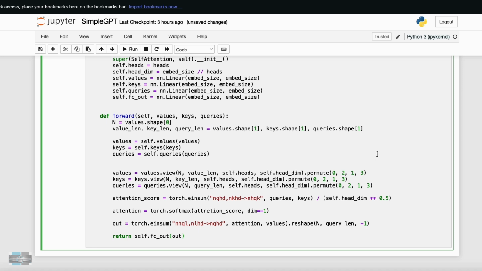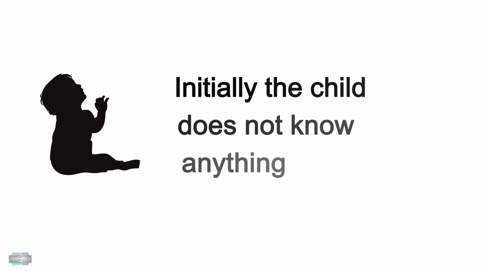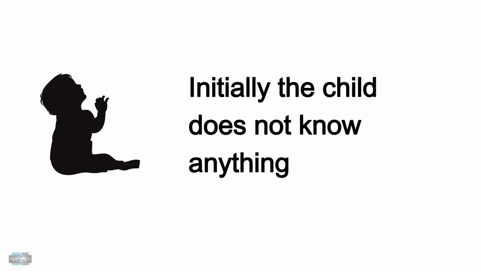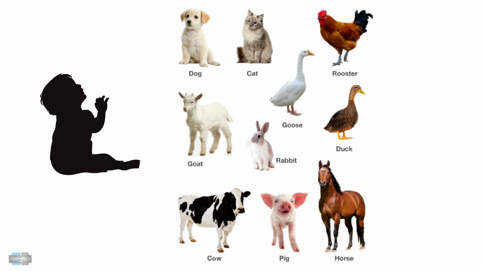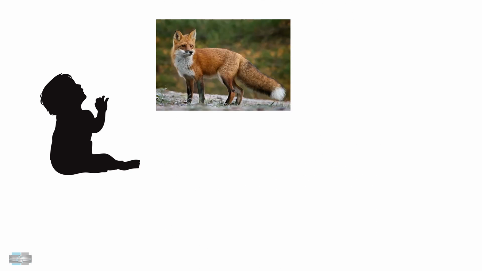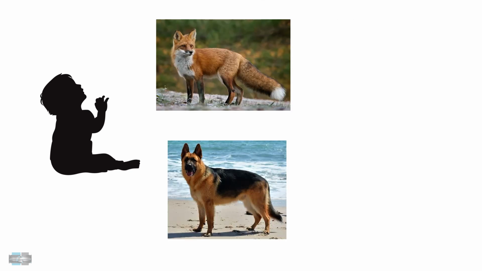For better understanding, let's take an example. Let's consider a child is trying to recognize different animals. Initially, the child will not know anything, so the chances of correct recognition will be less. But later, we may teach about some common pets so that the child can recognize dogs or cats. At this point, even if the child sees a fox, it still claims it as a dog. So there is an error.